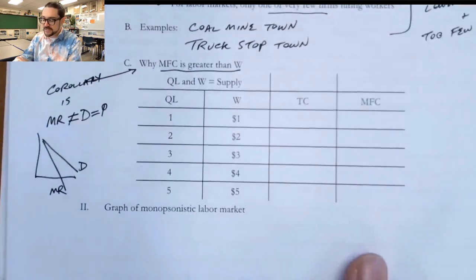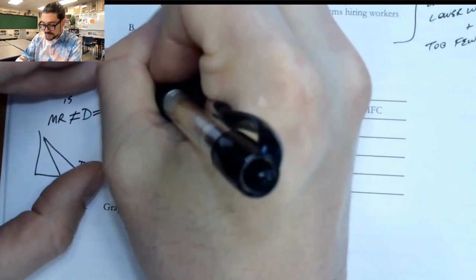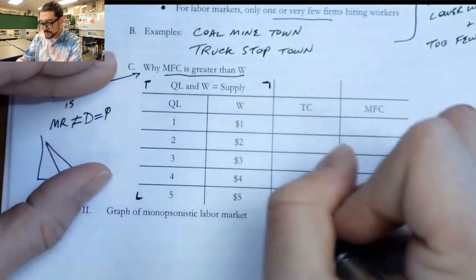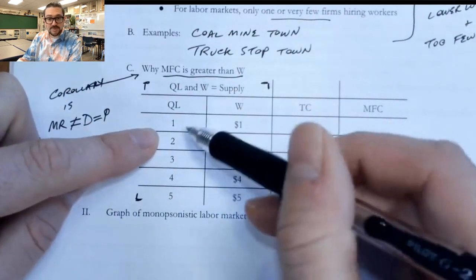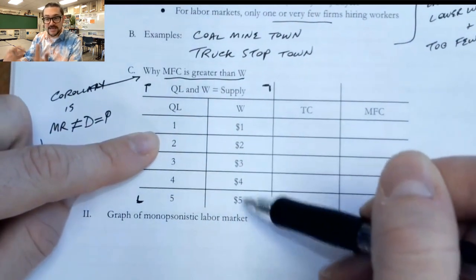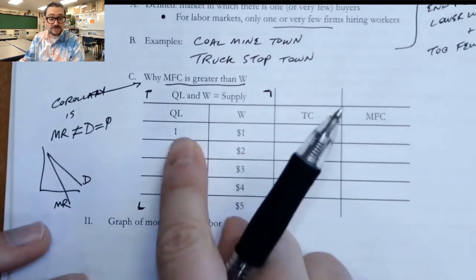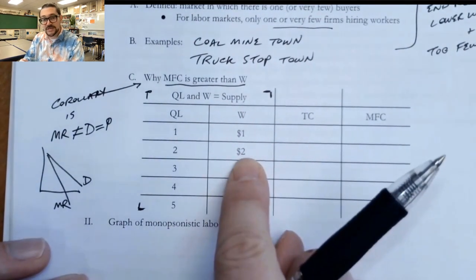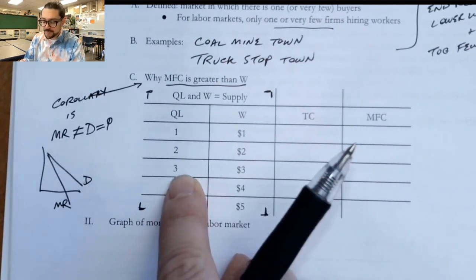Now imagine that you have basically a supply curve, and it's going to be described by this supply schedule. That's what these first two columns are. The quantity of labor that people are willing to supply and the various wages that they're willing to actually come out and do the job for. So for example, if the wage is $1, there's only one person who's willing to work. If $2 is the wage, then two people are willing to work. If $3 is the wage, then three people are willing to work.